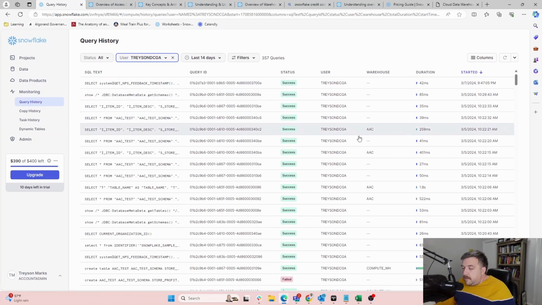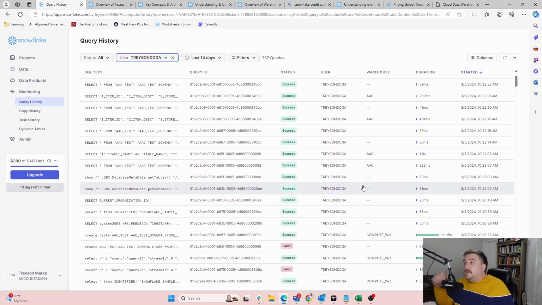To be honest with you, I'm not sure which roles get access to this monitoring. I always remember seeing it, but I also generally have account manager roles. So I don't know who has access to this, but the idea is that I can look at every query that comes through. And this isn't a super foreign concept. You can do this sort of thing on SQL Server too, or Oracle. There is a way to look at query history.